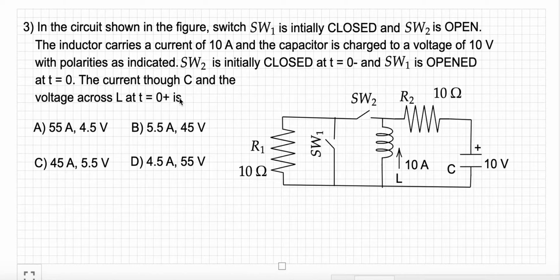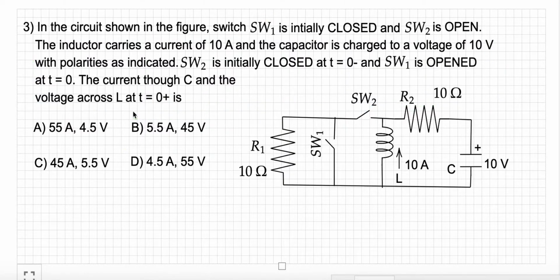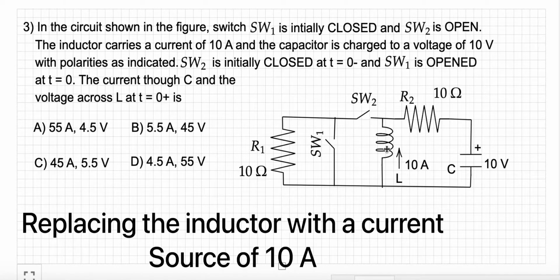How to look at this problem? We are not looking at a period of time, but at the instant of time. At this particular instant, the inductor cannot abruptly change its current, so it acts like a current source. And the capacitor cannot abruptly change the voltage across it, so it acts like a voltage source. So I can replace the inductor with a current source and the capacitor with a voltage source.